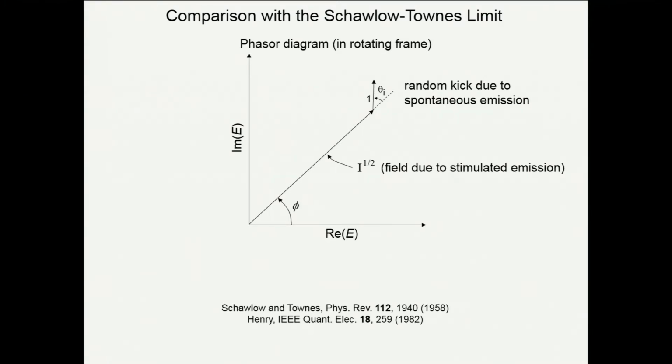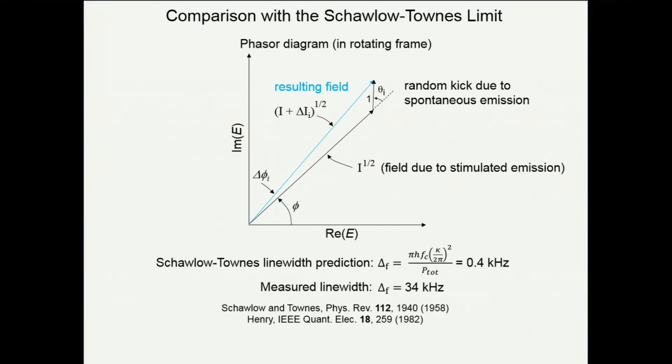electric field plane. And you can kind of see from this picture that these spontaneous emission events are going to kick the phasor around, but if I have a massive stimulated emission field to begin with, then one photon on top of that doesn't do a whole lot. And the Schawlow-Townes prediction basically says that the line width should go like 1 over the output power of your maser. And if you plug in parameters for our device, we expect a line width that's about 400 hertz. And we're about a factor of 100 off of